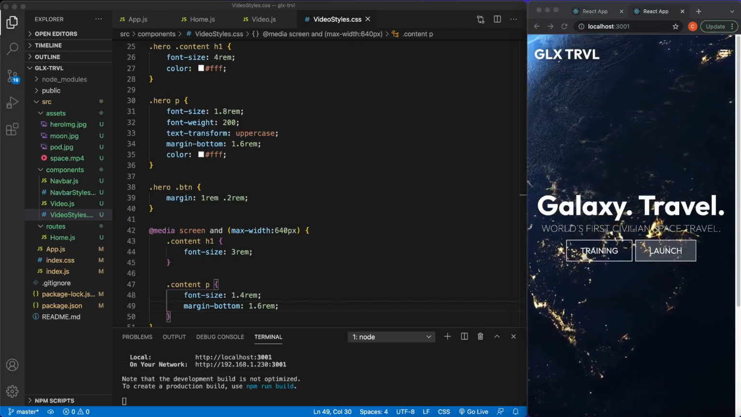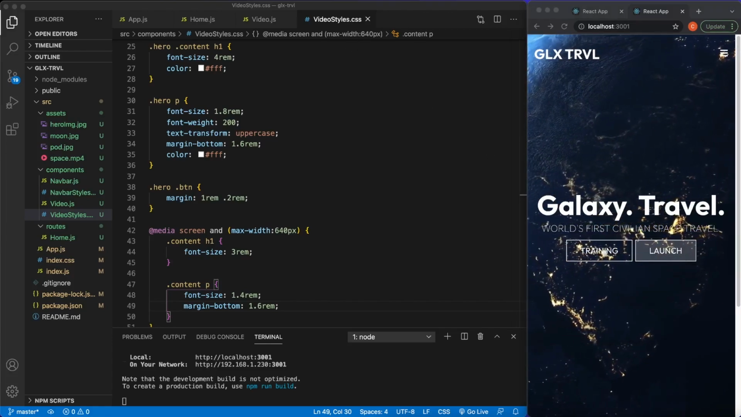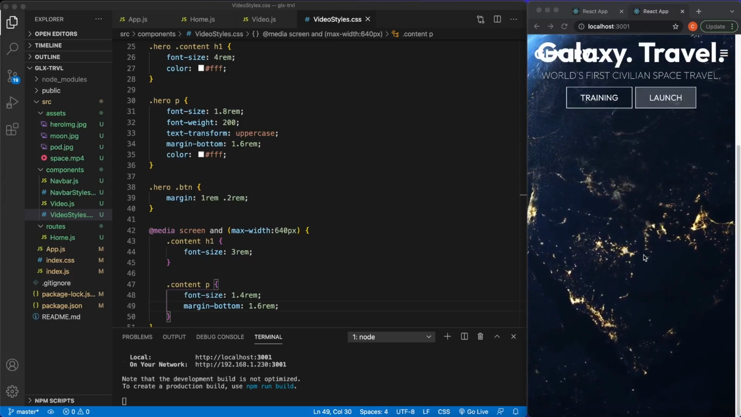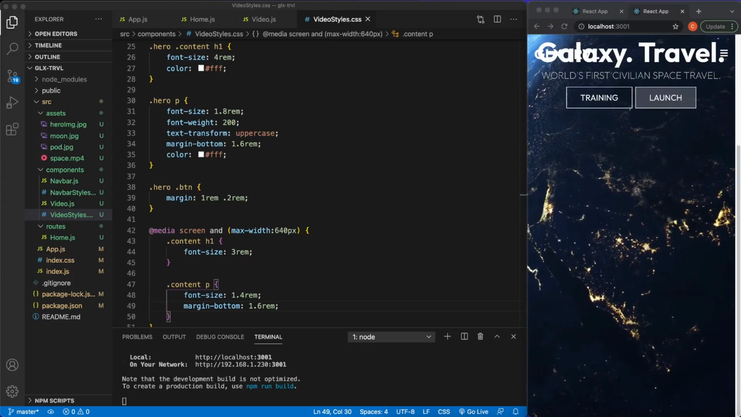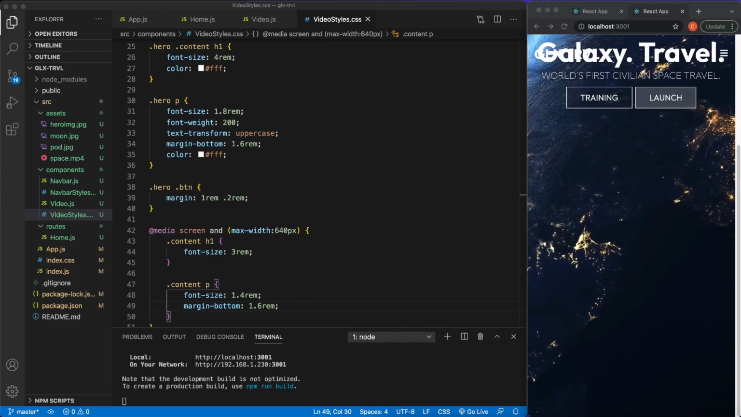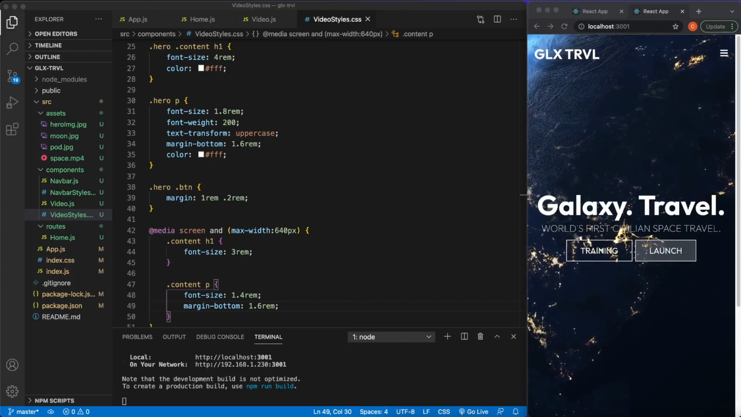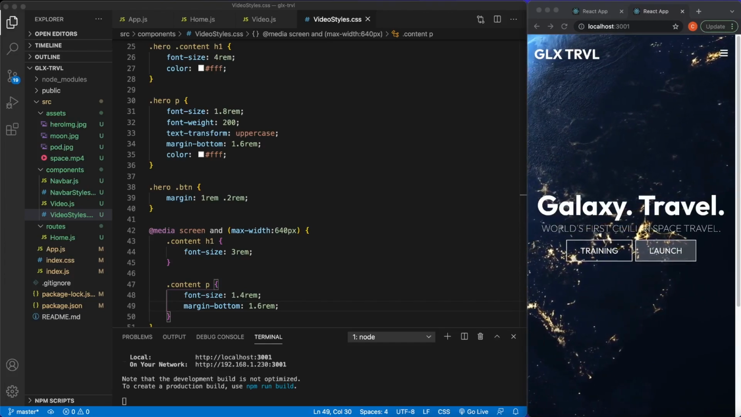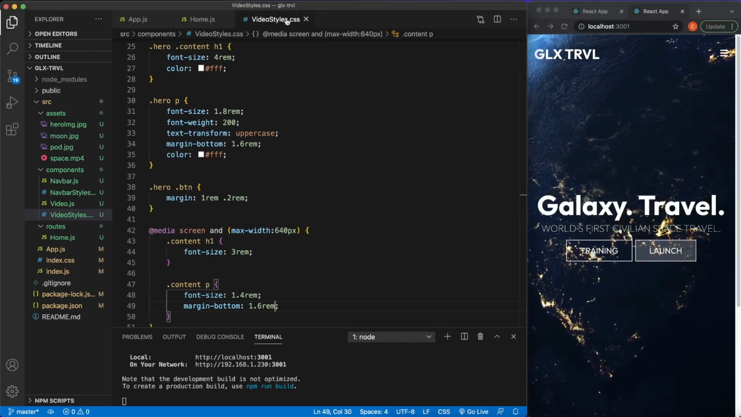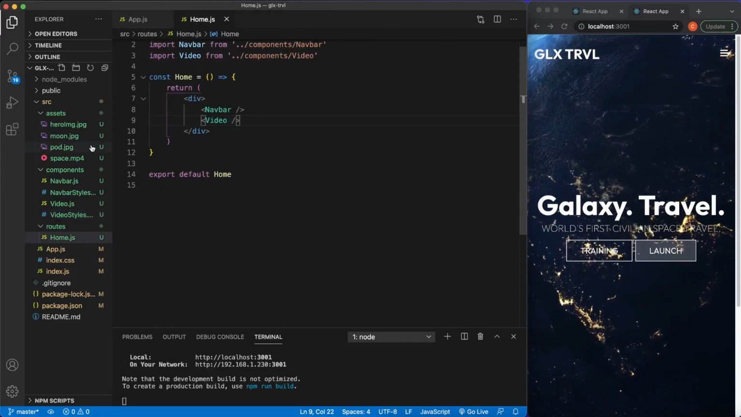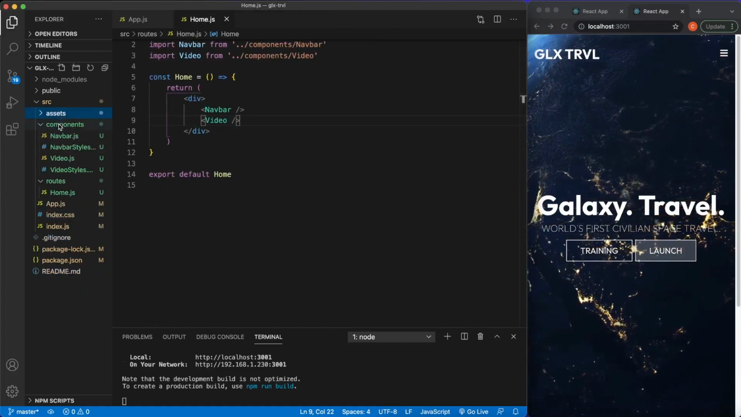So we did the hero, we did the video. Next, let's go ahead and add the footer, and those are what's going to basically comprise all of our homepage here. So let's go and create another component. Let's minimize that, and in here,